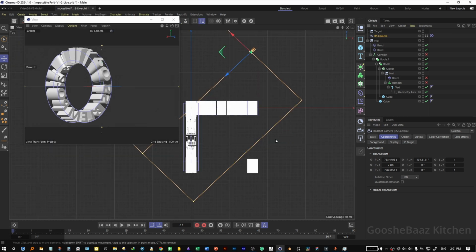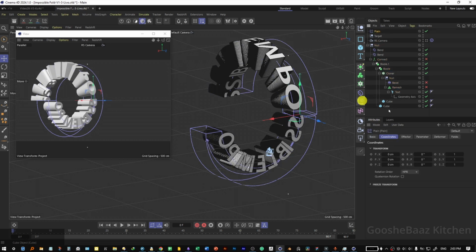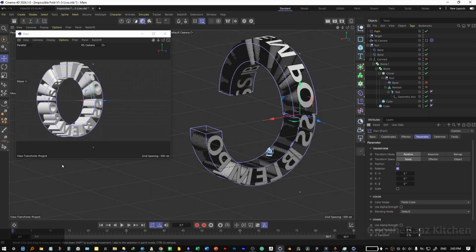Another important thing for getting a great result is that you don't move the camera on the Y axis and let the PY on the camera be 0. Go back to main view. Now we want some of these instances on the cloner object to be rotated on their Y axis. So we add the plane effector on the cloner. Select the cloner, add the plane effector, come to parameters, check off position, check on rotation, change the RP for